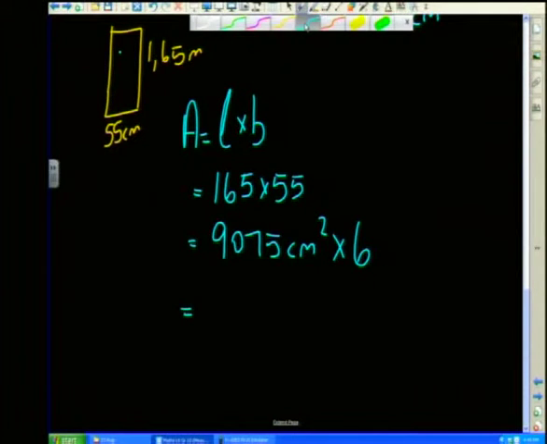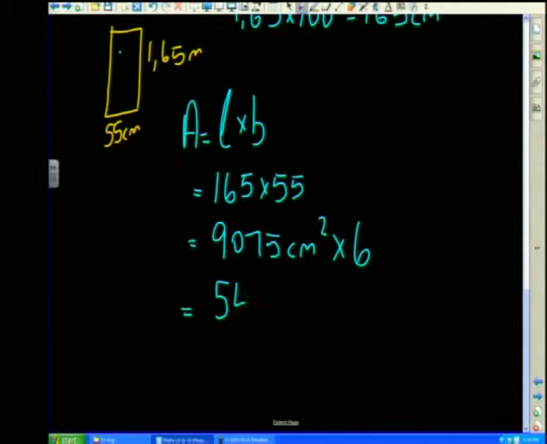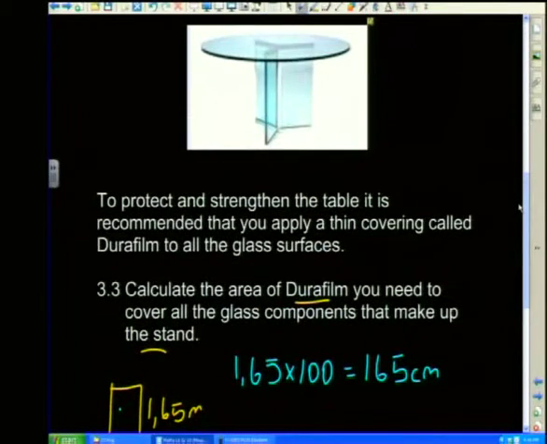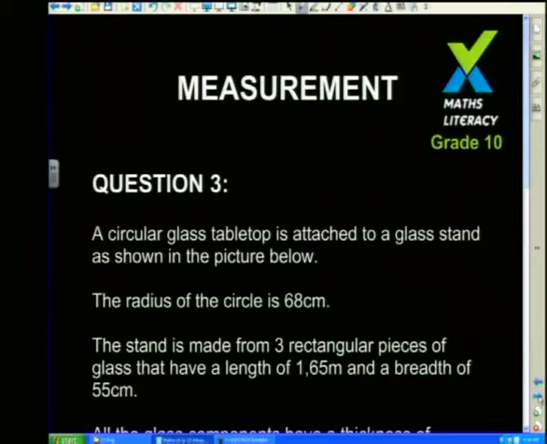of 54450 centimeters squared. Now that's covering everything except for the tiny little strip on top and the tiny strips on the side. But I think we'll get to those later. So I've covered everything except for the strip here right in the front and these strips on the side. Let's move to the next part of the question.